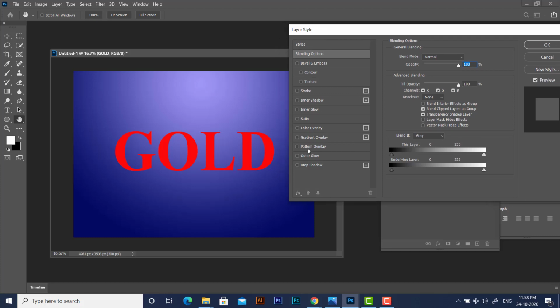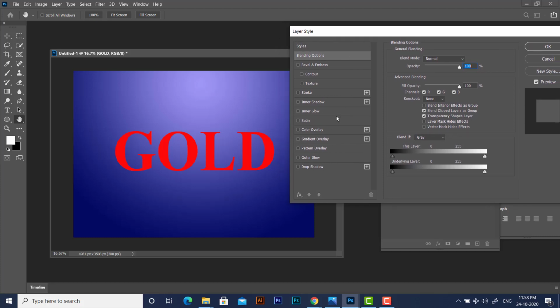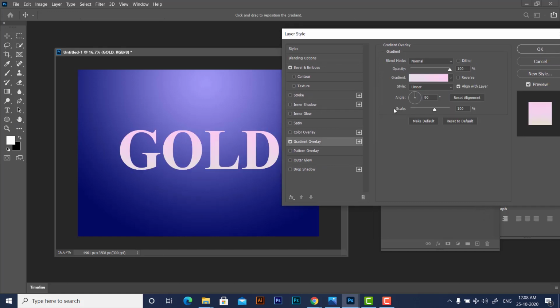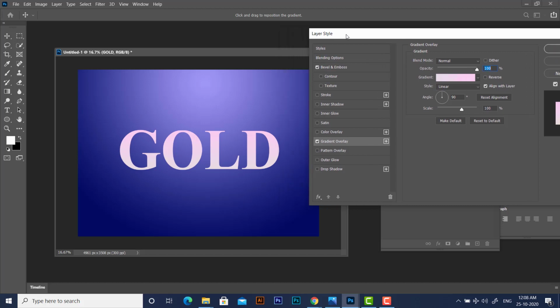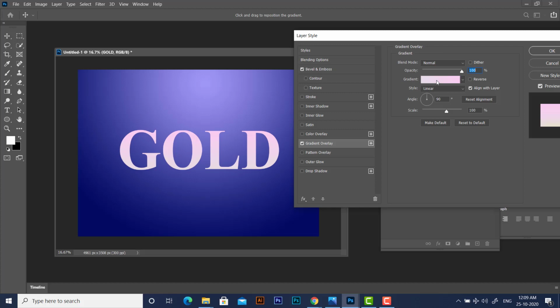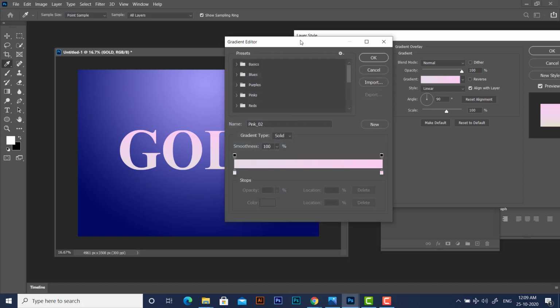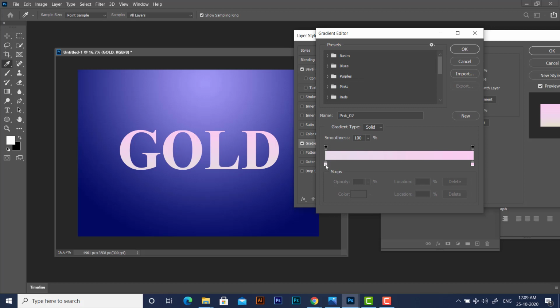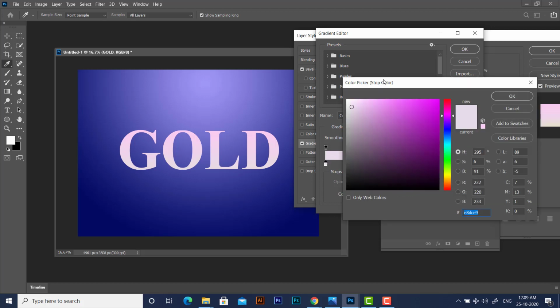For this golden text, the first thing we are going to do is create the gradient. From this gradient overlay option, we are going to select the gradient, and what I am going to do is select this button and double click on this.